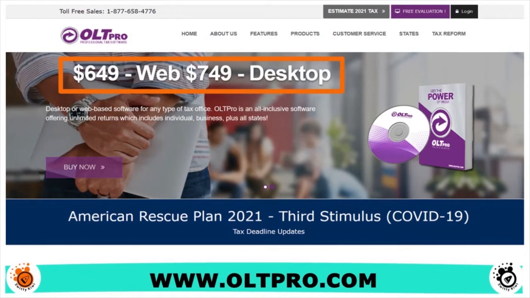OLTPro is basically an all-inclusive software that offers unlimited returns, which includes individual returns, business returns, and the good thing is all 50 states are included. Okay, so if you're looking for a preparer software that's very simple, let's say you just want to set things up quickly, you want something that is accurate, that is affordable. Affordability is very important, and if you want something that is reliable, OLTPro could be the